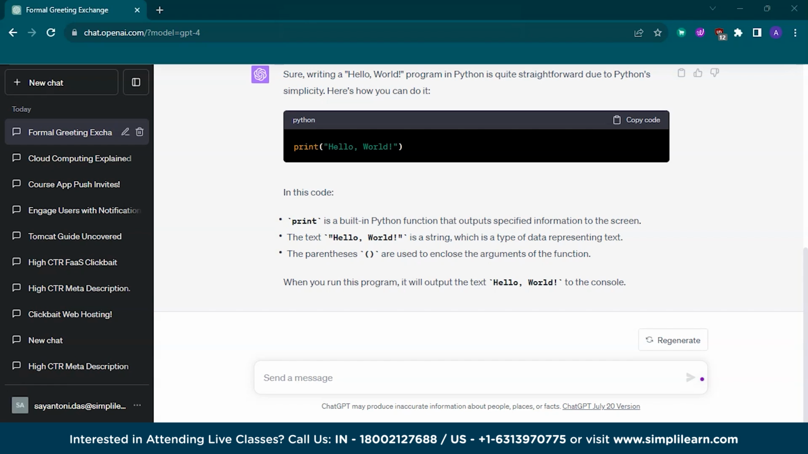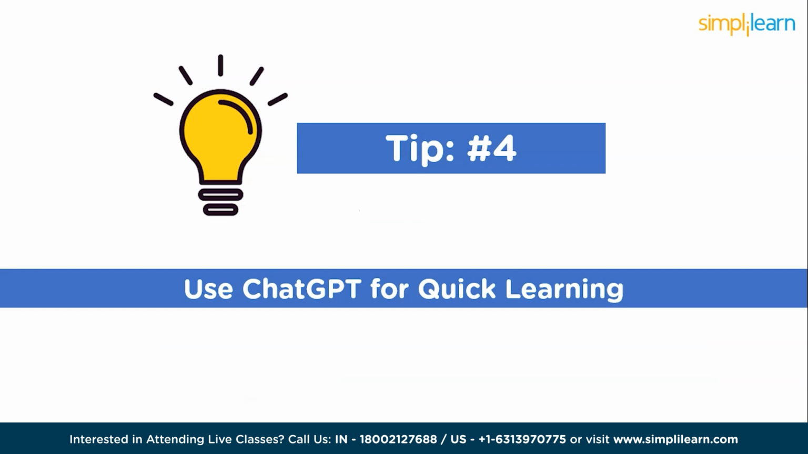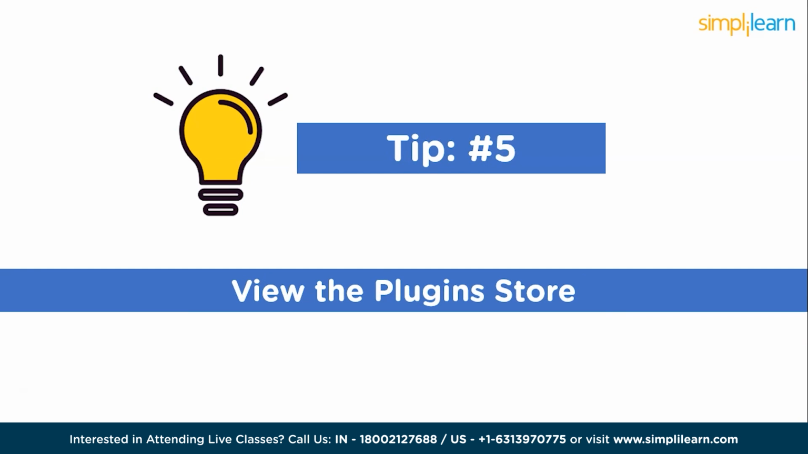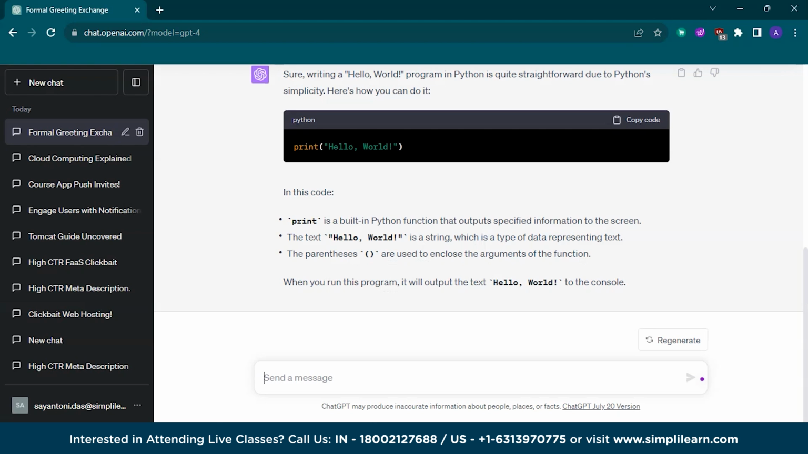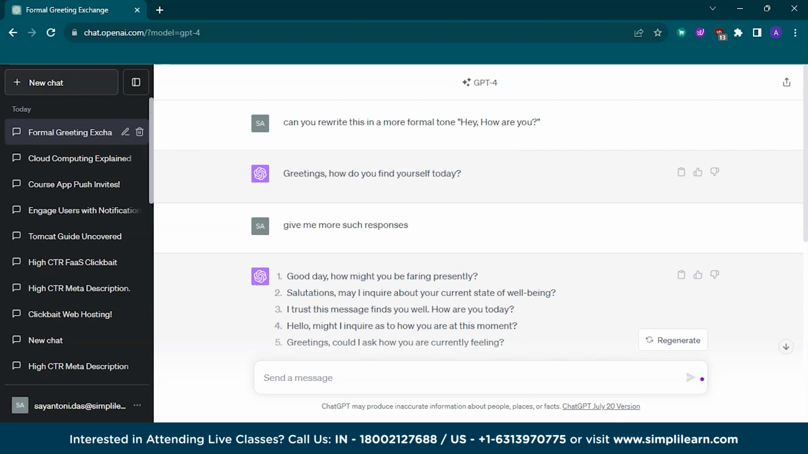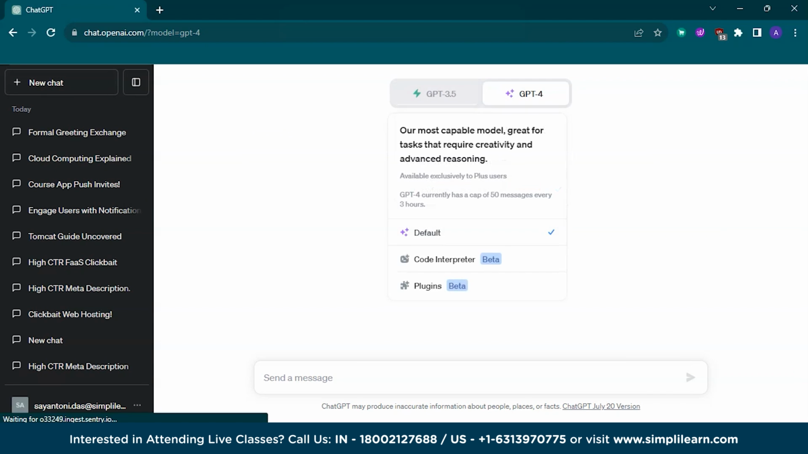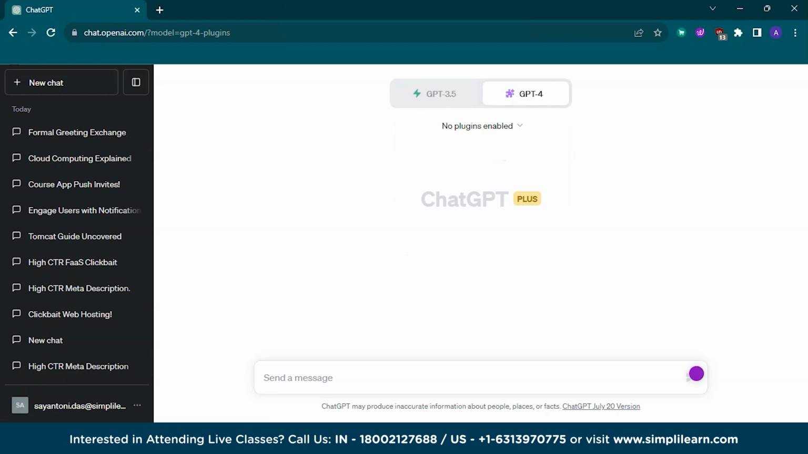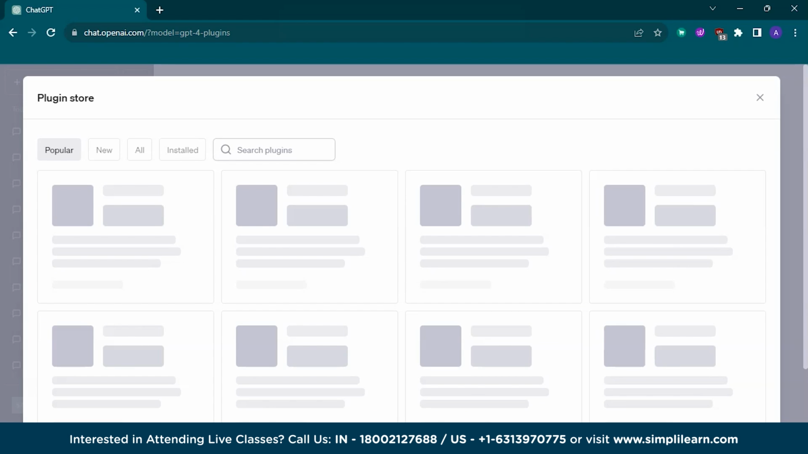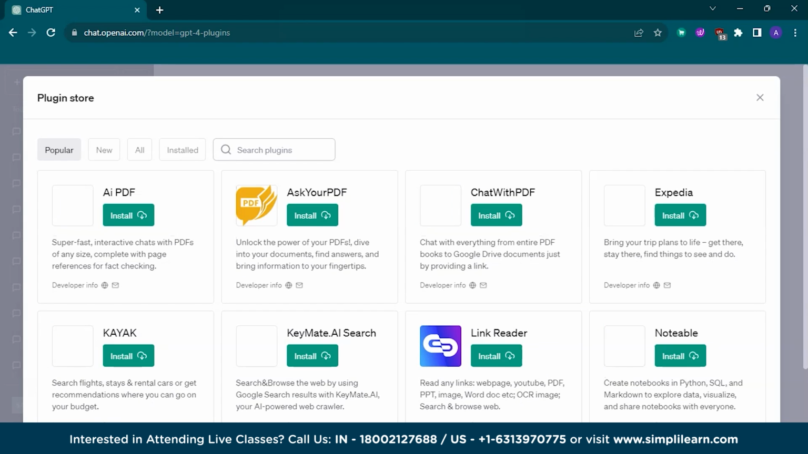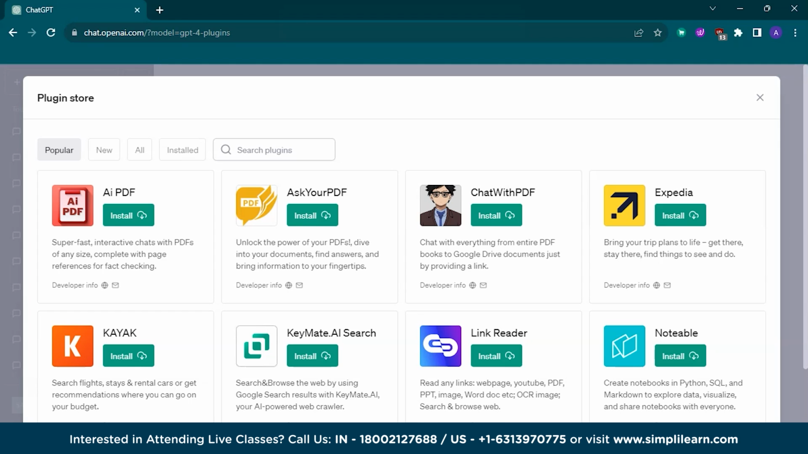And moving on, now we have our fifth tip, that is view the plugin store. So now ChatGPT has many plugins. We will create a new chat, and in GPT-4 you could just click on plugins. So currently no plugins are enabled, and this is the plugin store. The developers are developing plugins so you could use them and be more productive and add more features to